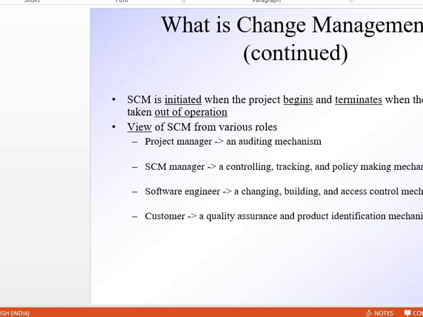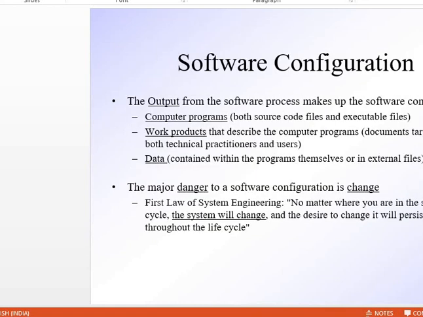For the project manager, SCM is an auditing mechanism. For the SCM manager, it is a controlling, tracking, and policy making mechanism.